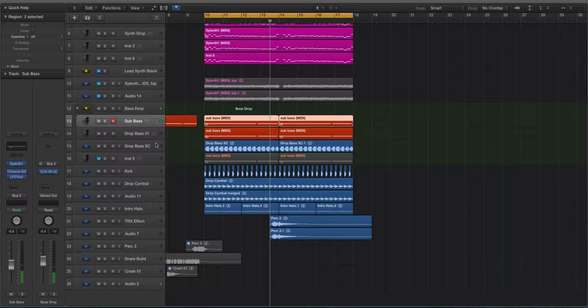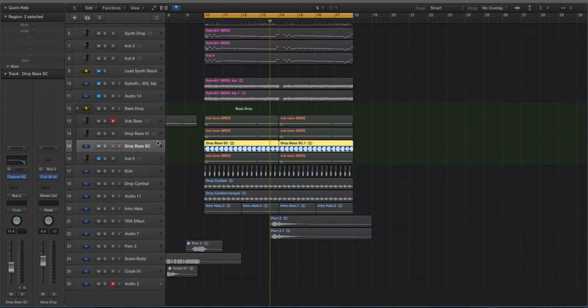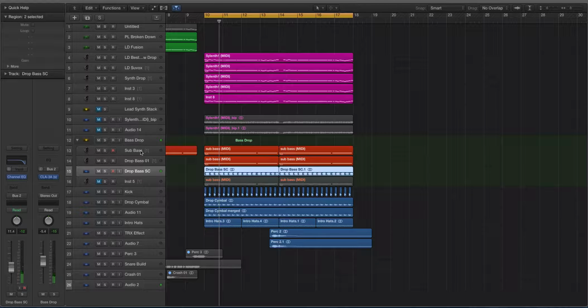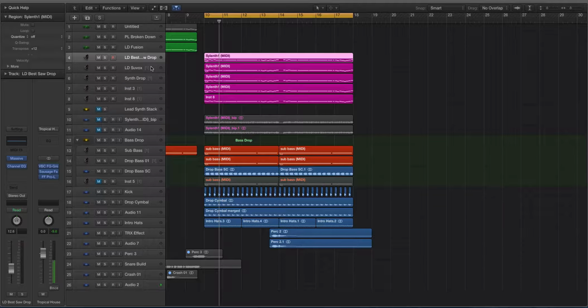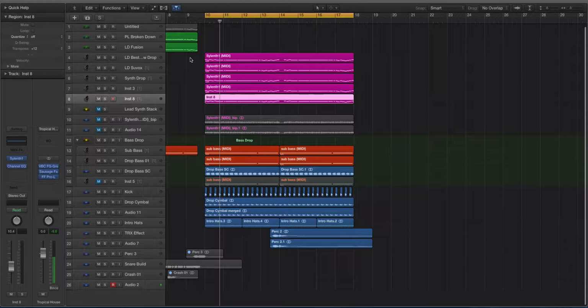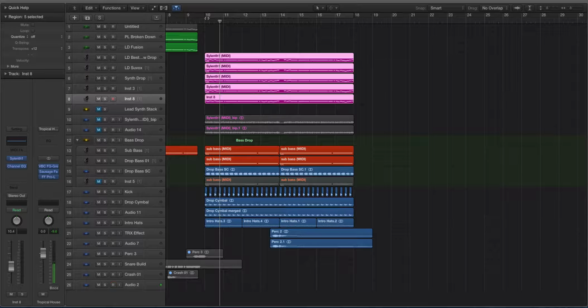All right, so we have this bass that I bounced to audio as well. That is sidechained like the sub bass was. So we have all that going on. And when I played the mix, it sounded pretty good, but we can do something else to it, which is pretty cool. What I'm going to do is I'm going to take the synths,